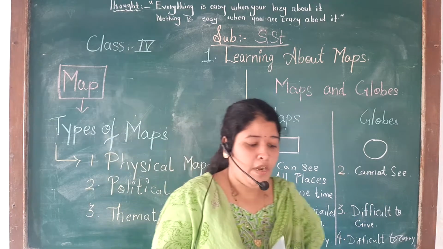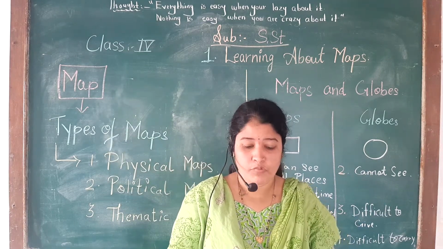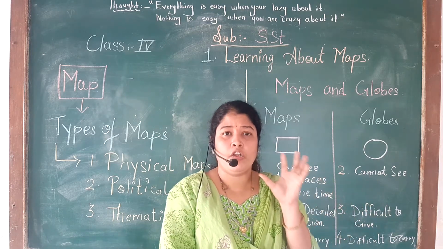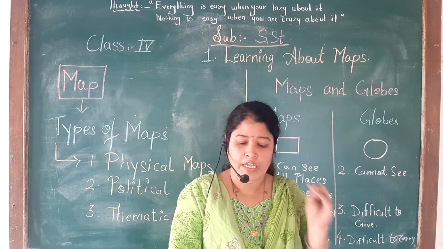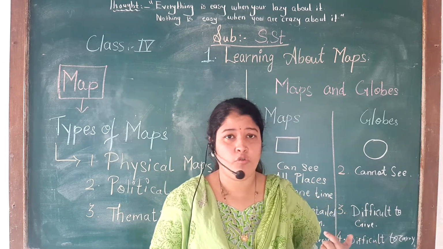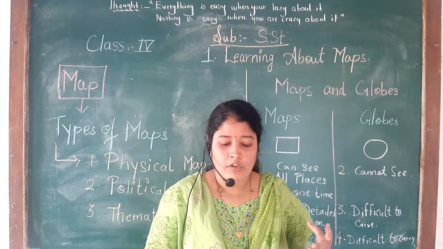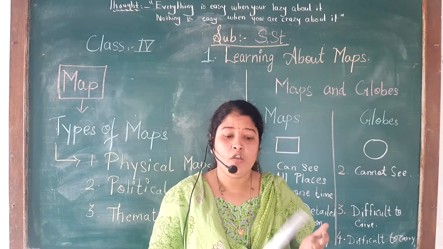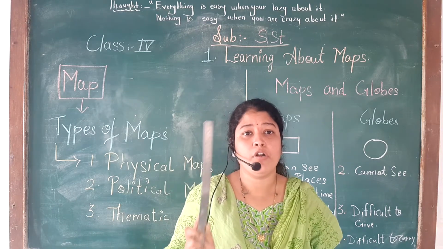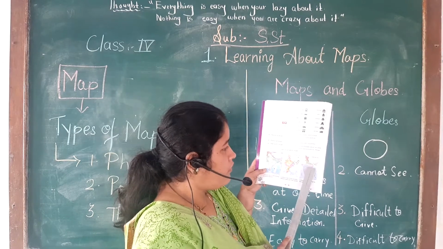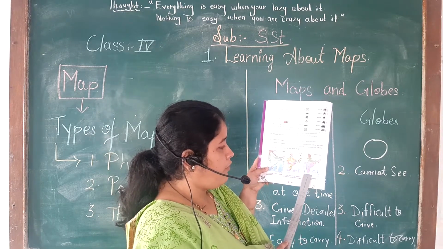Now what is a thematic map? A thematic map shows what? Suppose we have to show particular information about an area, or any theme, like weather, transport, road, population. Where different things are there, only to study that particular thing, a thematic map is used. Can you see here? This shows the thematic map of India.